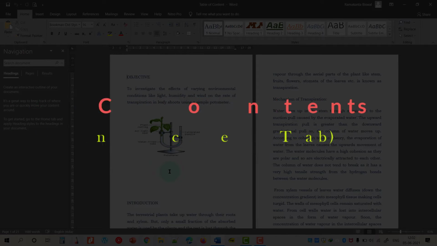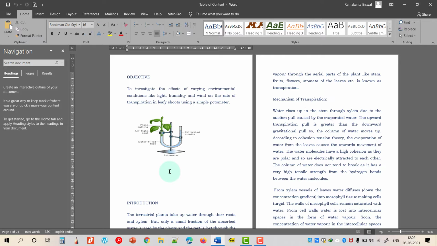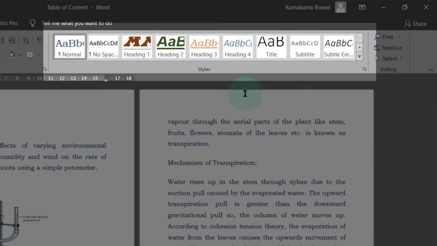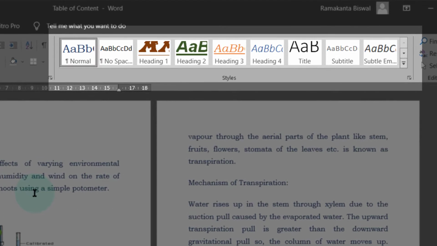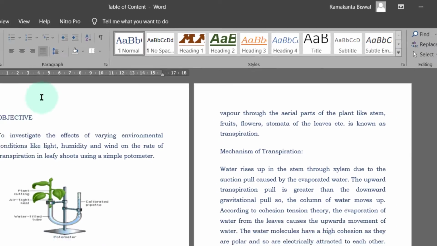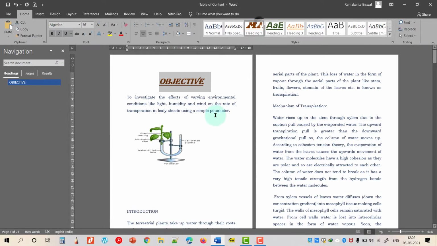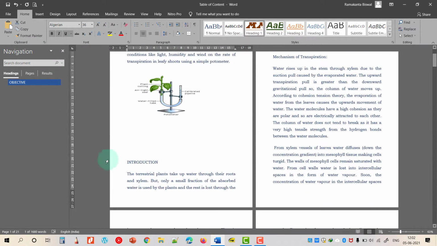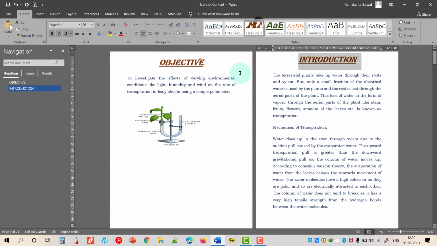So let's start. To begin with, we need to first format the entire Word document using the style tools. The main heading will be formatted to the Heading 1 style, the subheading will be formatted to the Heading 2 style, and the third-level heading will be styled as Heading 3. So let us complete that quickly. For example, you just have to select and click on Heading 1 or Heading 2 based